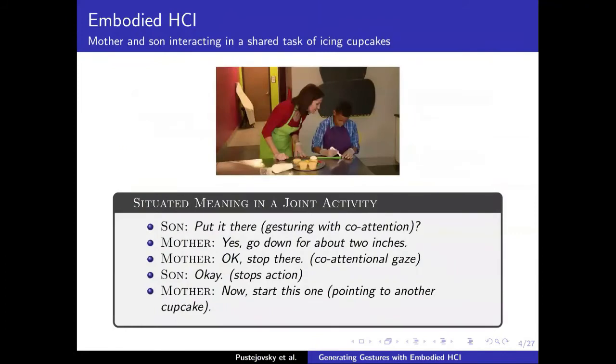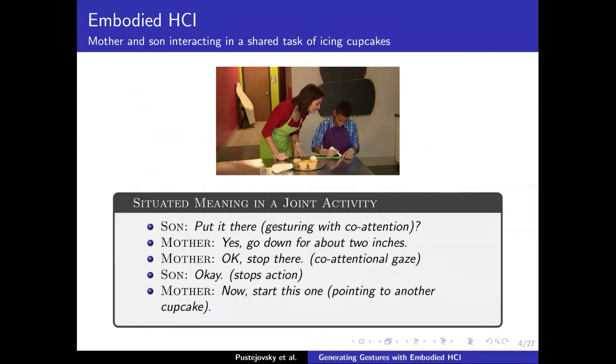Embodied HCI is all around us and is what we're familiar with when we perform tasks in a common space, what's called the common ground. Here, a mother and her son interact with icing some cupcakes. The situated meaning in such a joint activity is taken for granted with the way that we talk, using gaze,